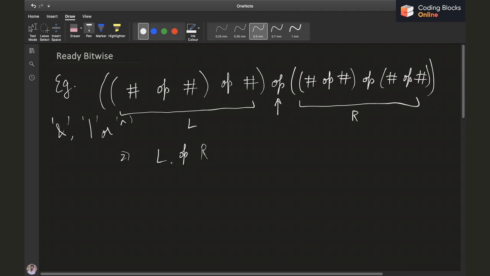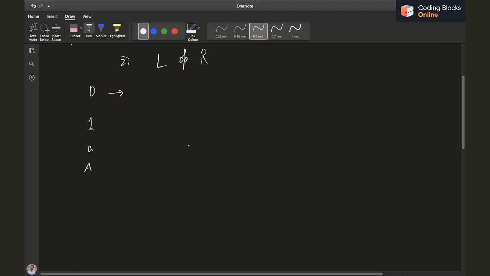So let's try to calculate the possible outputs. The possible outputs can be 0 or 1 or a or capital A, right? Now let's see what are the cases in which the output is going to be 0. We'll similarly see the cases for 1, a and capital A if required, but let's just try to do it for 0 for now, right?